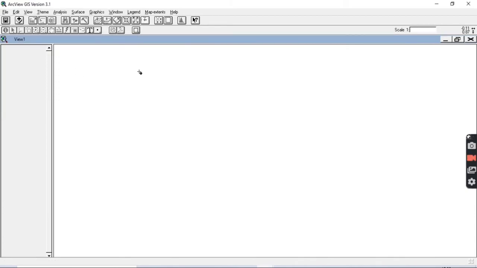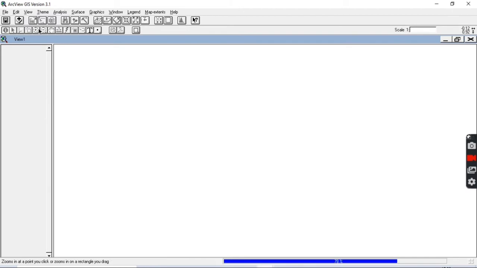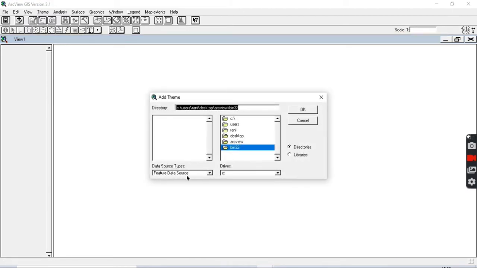Now we have to open our georeferenced map. In the previous video, I told you how to georeference a map. So if you haven't watched it, then go to the video and see. So let us open. Go to the view, click on add theme. Here the data source type should be image data source for opening a map.